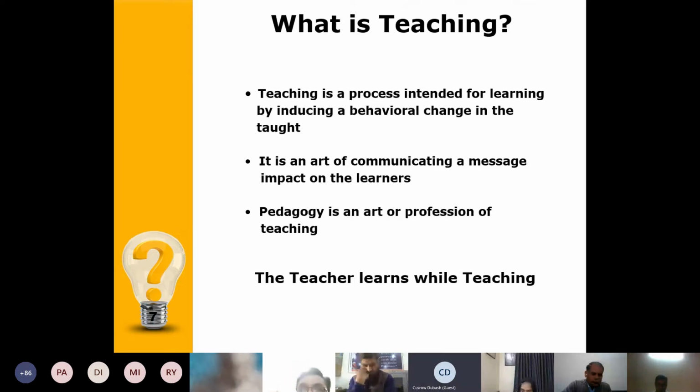अगर आप पढ़ाते हुए नहीं सीख रहे कुछ, तो आप पढ़ा नहीं रहे. You should learn. देखिए ना, I may be teaching 20 साल से एक English to class inter first year. 20 साल से मैं पढ़ा रहा हूं. ना कंटेंट चेंज हुआ है, ना सिलेबस चेंज हुआ है, ना एग्जाम पैटर्न चेंज हुआ है, कुछ भी चेंज नहीं हुआ. मगर हर साल मेरी क्लास में बच्चे चेंज होते हैं. I can't teach the same way